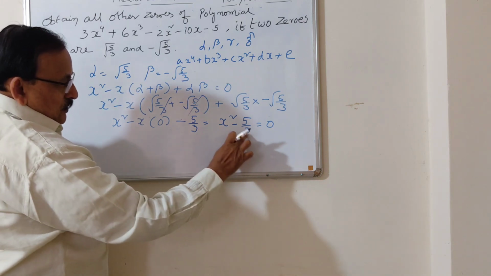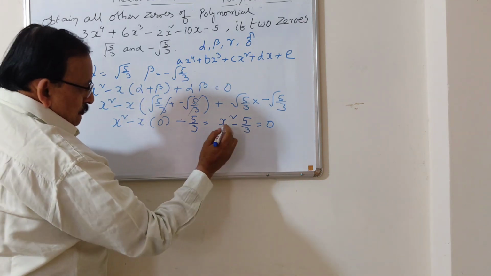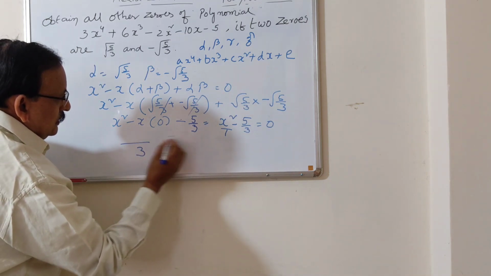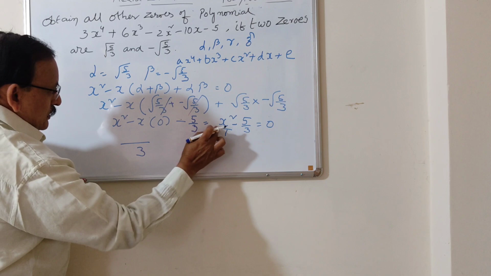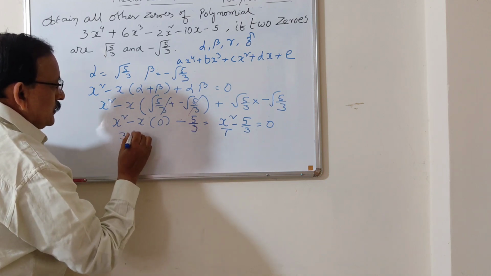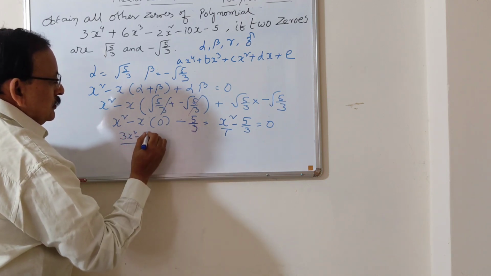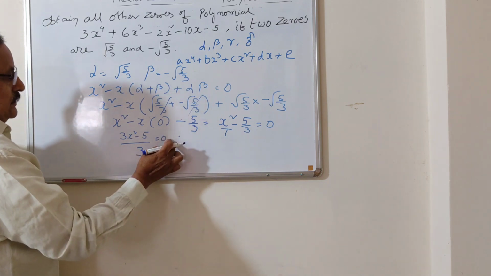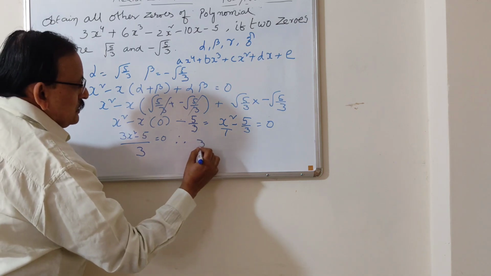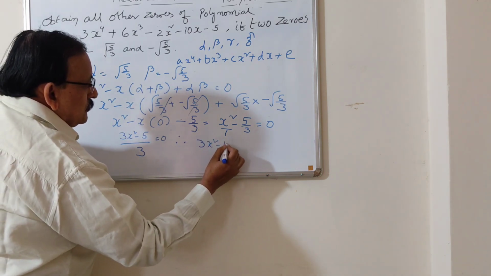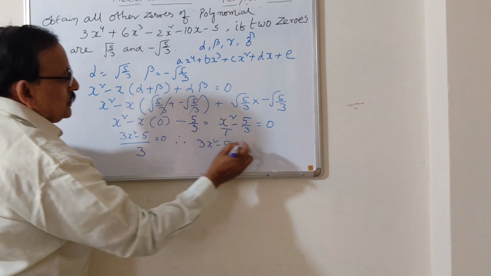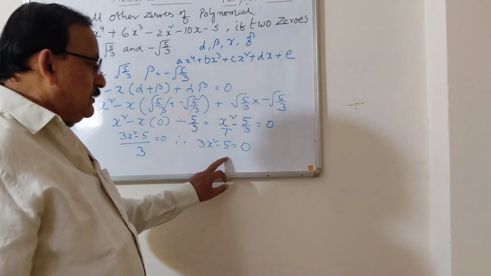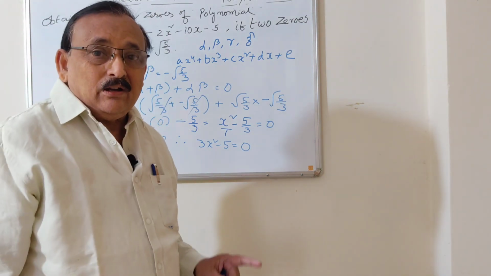Now take this quadratic polynomial. This is in fraction form. I have to subtract the fractions, taking x square as x square by 1. So our LCM is equal to 3. See, 1 into 3, 3 into x square, 3x square minus 5 is equal to 0. Therefore, the 3 transfers here, 3x square minus 5 is equal to 3 into 0, that is equal to 0. Now, we got the equation 3x square minus 5. It is a quadratic polynomial.